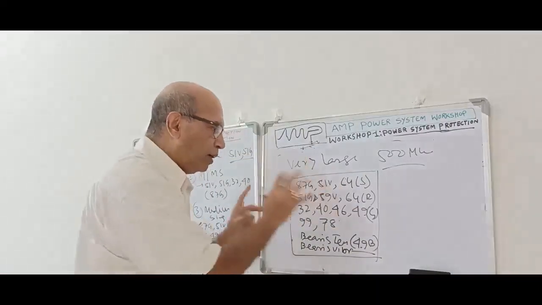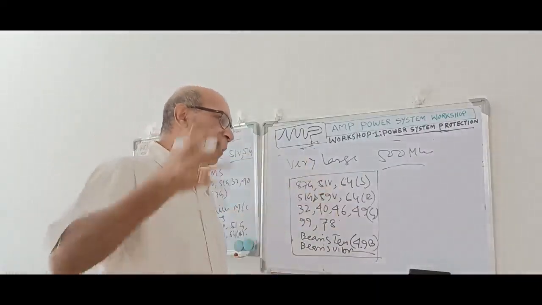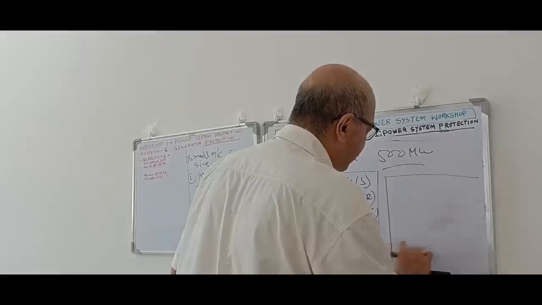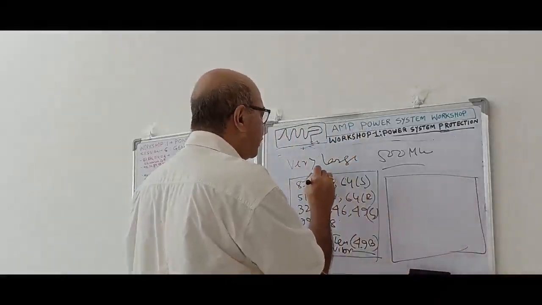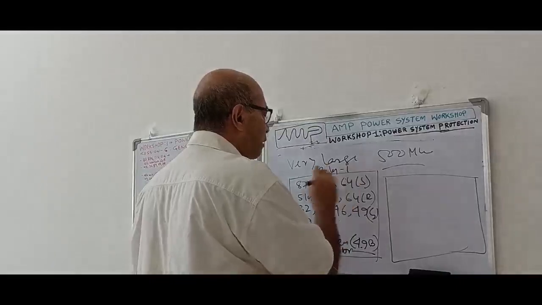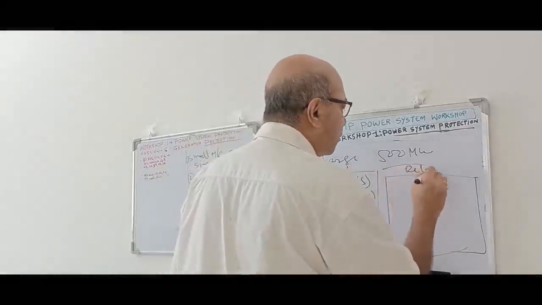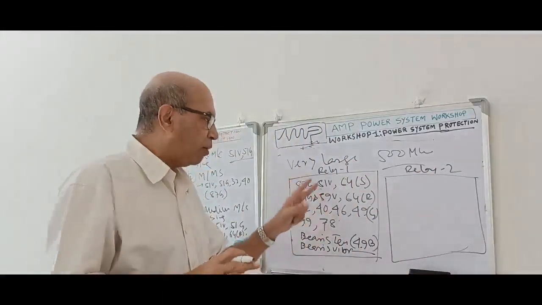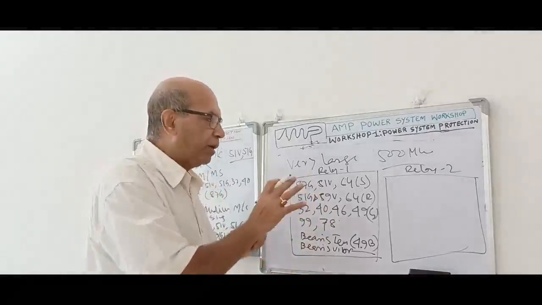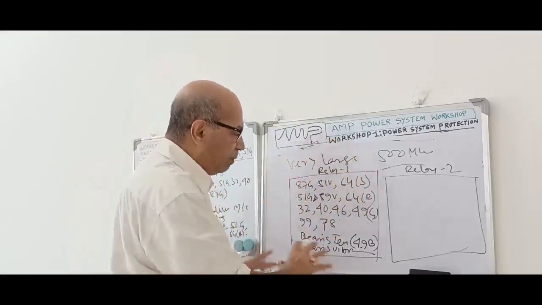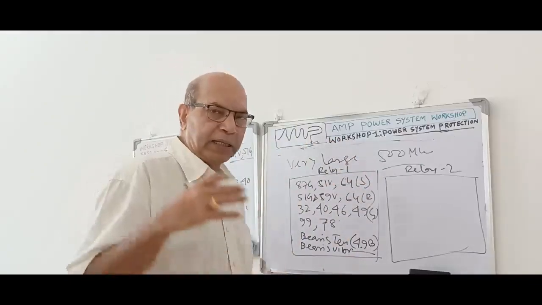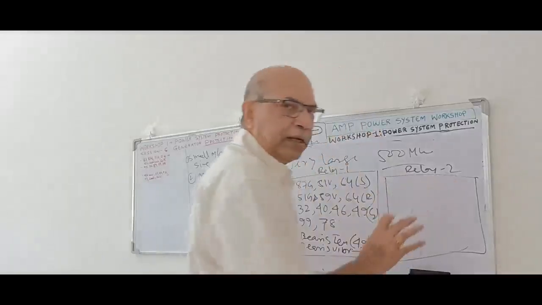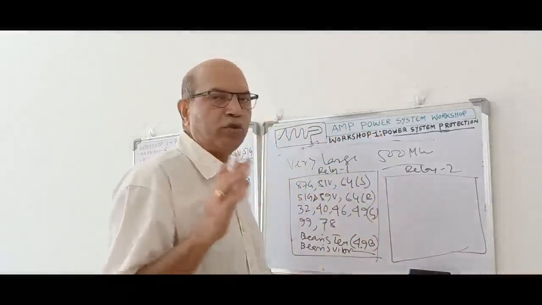But this is one relay. Now we'll provide another relay, but with a different make, not the same make, with all the protection functions. So that means this protection will be duplicated. This is relay 1 scheme, this is relay 2 scheme. Relay 2 will be supplied from a separate set of CT. For all protection, all the CT-PT required will be provided separately. We will not merge. This will be a completely independent system. Then we will provide another relay with the same functions included, everything. That is called the second protection function. Second set is duplicated.